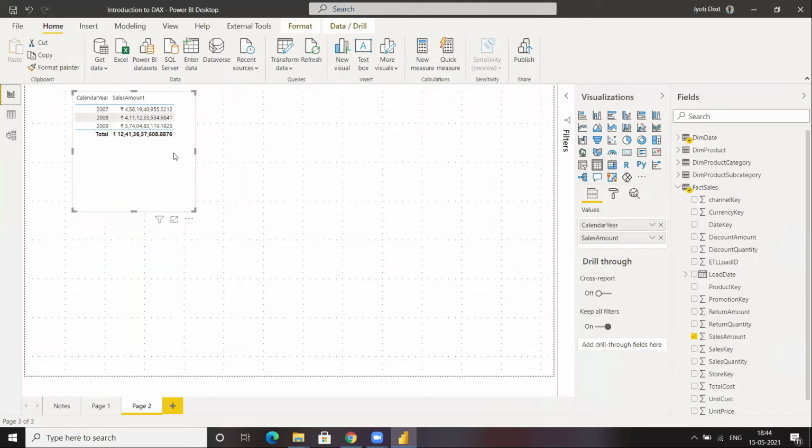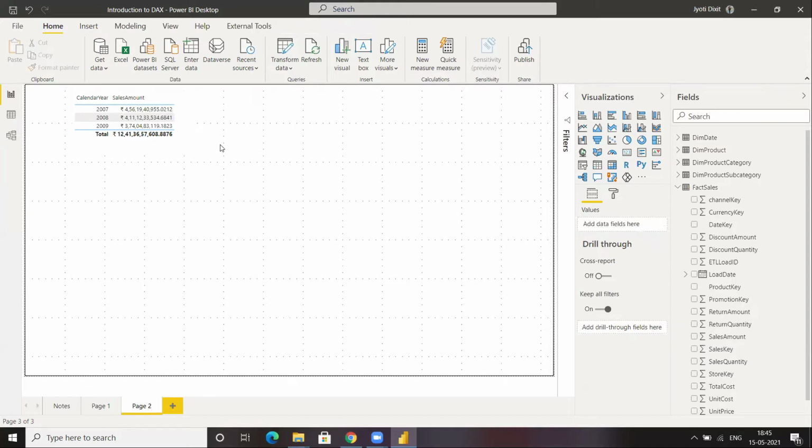And then in all those rows which are associated with this particular year 2007, the sales amount will get summed up. And that is how I am having these different values. I am having this value corresponding to year 2007. The same happens for 2008 and 2009, and with the total also. But now you can see that I have this particular thing over here.